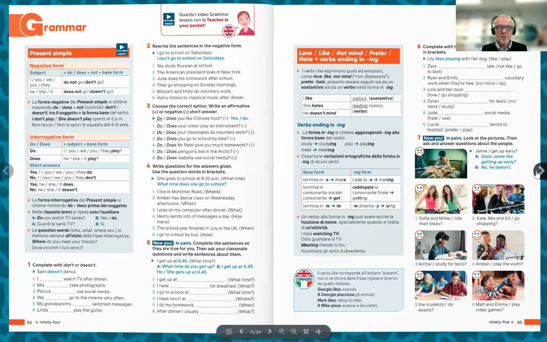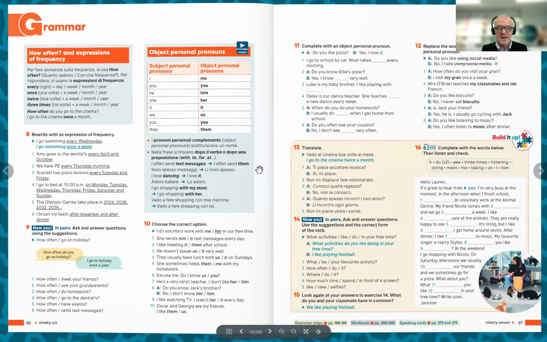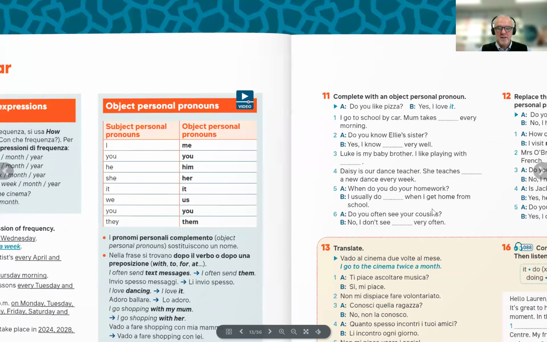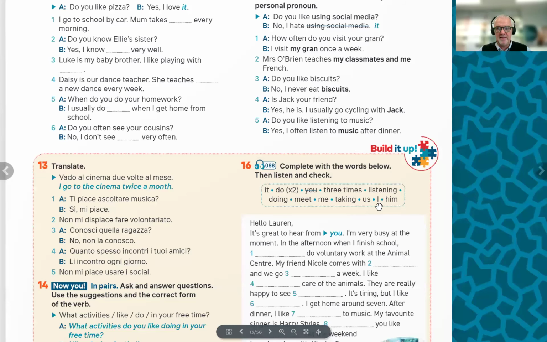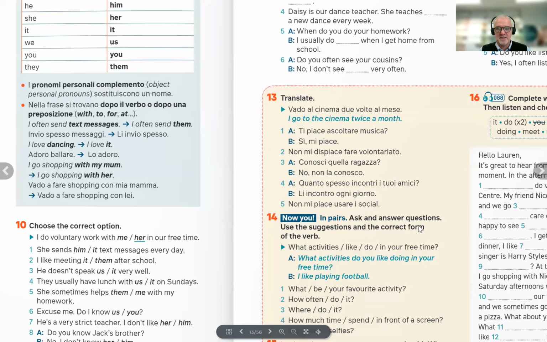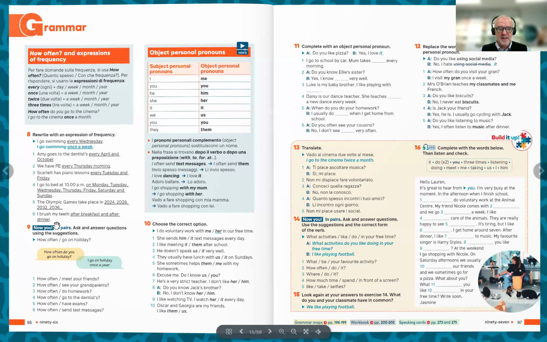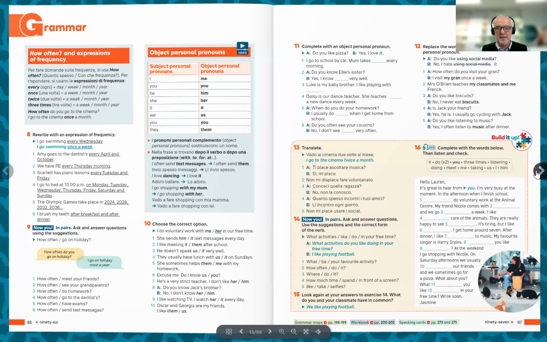Grammar works like this, where we have 4 pages. So 1, 2, 3, 4 of grammar in the unit. You can see the use of video for grammar. There's also here this section which is called build it up at the end, which is like putting elements together, and a variety of exercises. So translations, grammar in context. Now you, can you see this nice thing of now doing something more kind of proactive in terms of using the grammar. So lots of practice there.